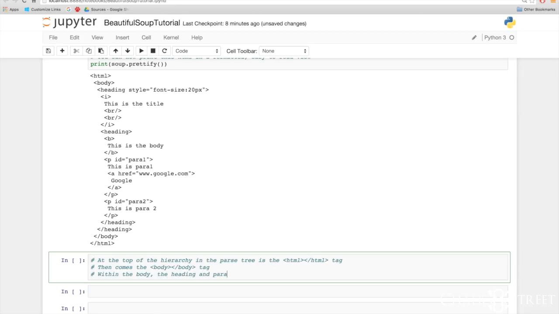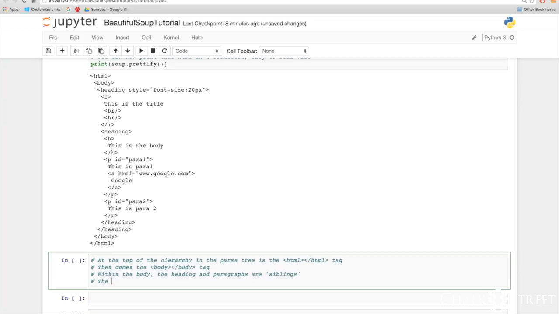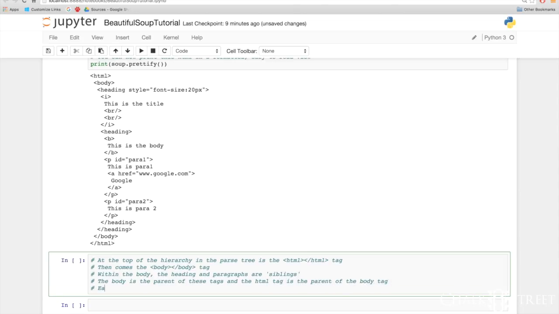So within the body tag, these 4 tags are siblings. You can refer to one as the sibling of the other, and there is an order as well, which is the order in which they appear. The body is the parent of these tags and the HTML tag is the parent of the body tag. You can refer to the HTML tag as the parent of the body tag,